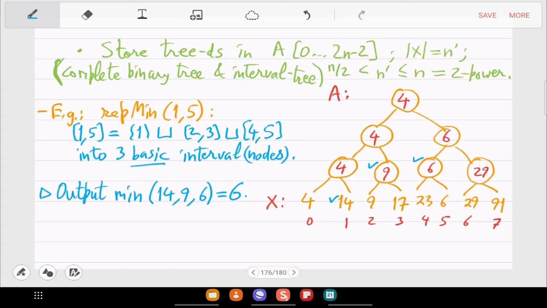So how many such nodes will be there? How many basic nodes are needed? Exactly, that is log n. We had a lemma: x requires 2n minus 1 intervals or nodes, basic intervals, and for any i, j interval, you can decompose it into log n many nodal or basic intervals.